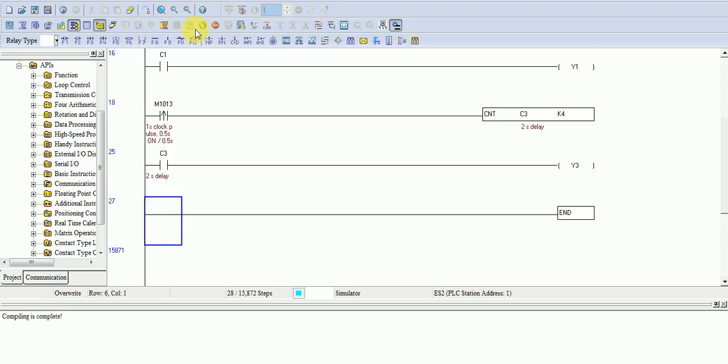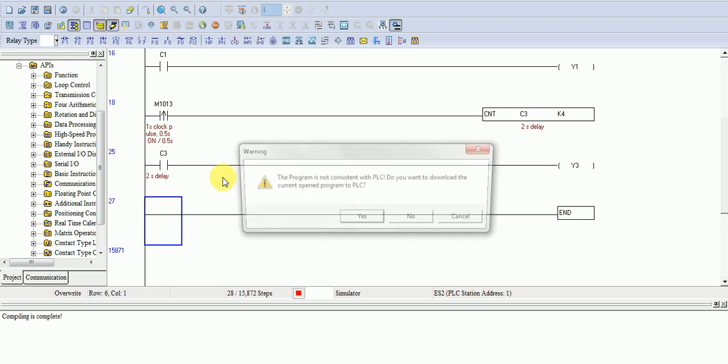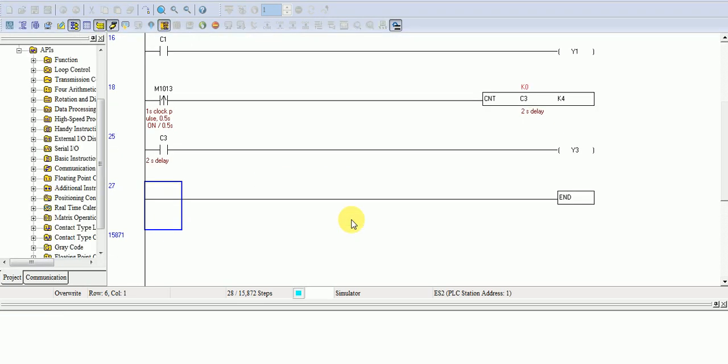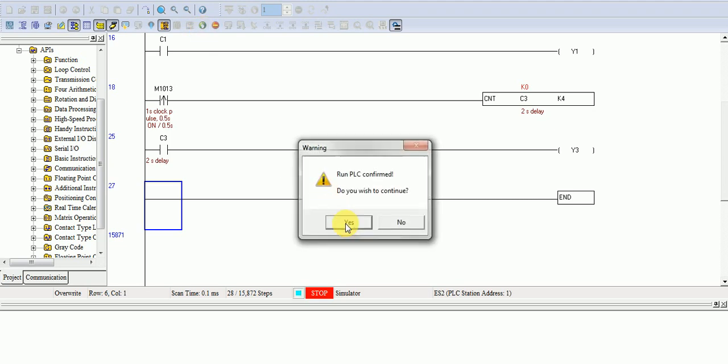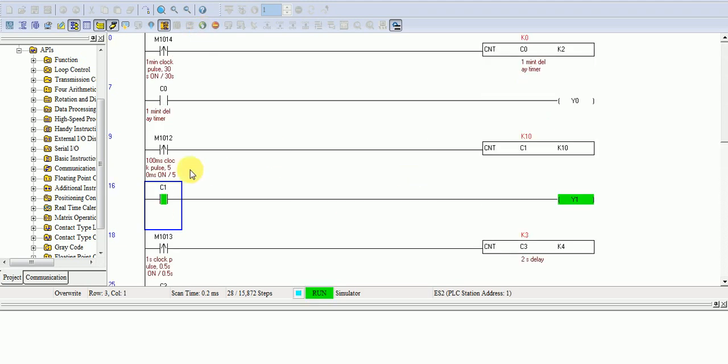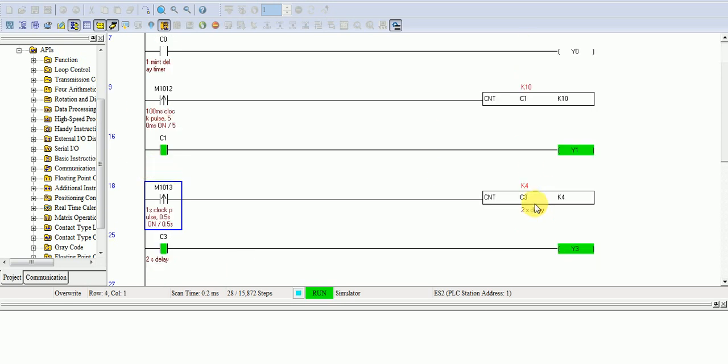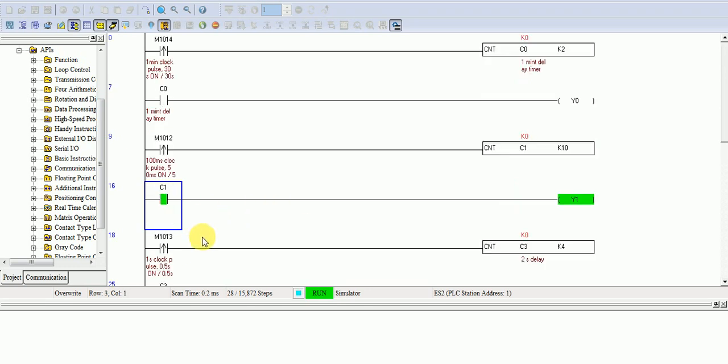Simulate, run. You can see after 100 milliseconds the pulse gives the output. After 30 seconds it will be 1 value and the other 30 seconds will give 2 value.